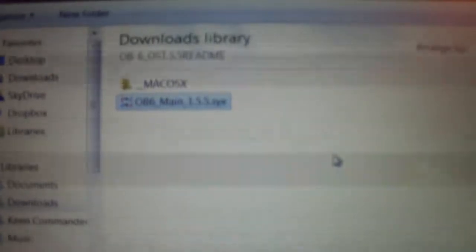Next we have to go to View and SysX, and this will open up the SysX View and Scratch Pad, and then we go to Command Window and Load, and then we'll find out where we downloaded the new firmware for the OB-6, 1.5.5. It's a SysX SYX file, and we open that,